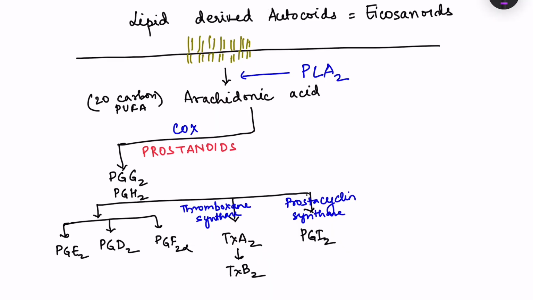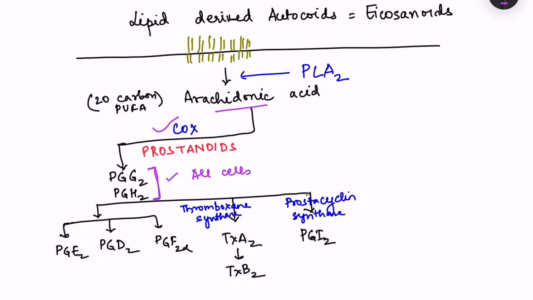What are these prostanoids? Prostanoids are produced when the enzyme cyclooxygenase, in short denoted as COX, acts on the lipid arachidonic acid, and this leads to production of unstable prostanoids, that is PGG2 and PGH2. Unstable means they are broken down very fast, basically by the action of certain enzymes which are tissue specific. That means different enzymes are present in different tissues. PGG2 and PGH2 are produced in all cells, but then depending on what enzyme is present in the cell,